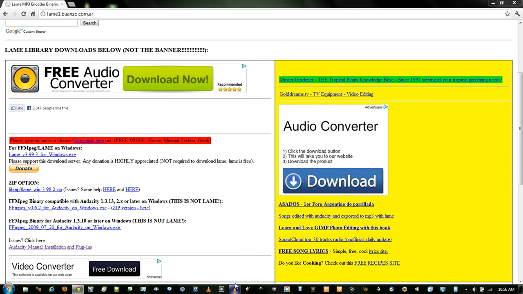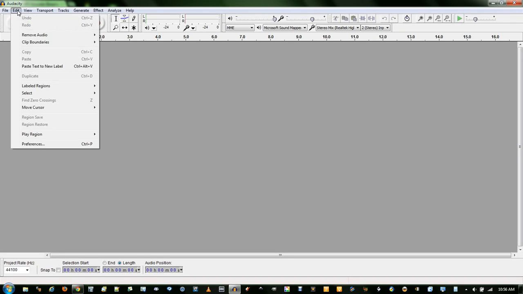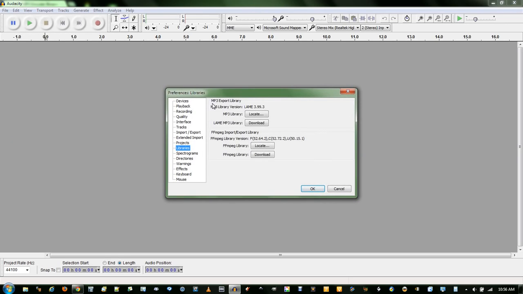Now I'll reopen Audacity. If you had Audacity open while you installed this, you'll have to restart Audacity. Now the way to check if you can save MP3s is go to Edit, and Preferences, and you see this MP3 export library. It says LAME version 3.9.3. If you do not see any number here and it says something like cannot be found, you need to click